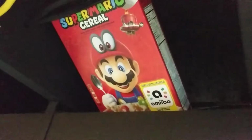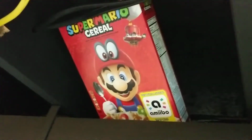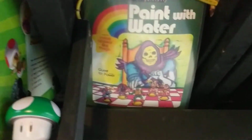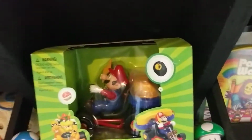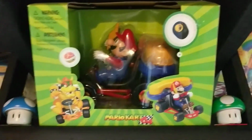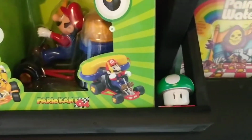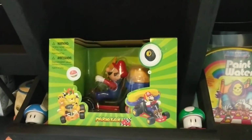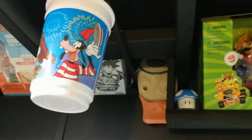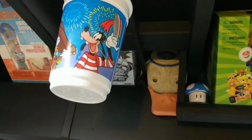And what would be complete without a box of Super Mario cereal? It's an empty box, but a box. We also have up in here a paint with water book of He-Man. Got that at a garage sale for $1, along with this old Mario 64 telephone and just a couple of tin mushrooms on the sides. So when you're down low, you can't see those blocks they're sitting on, you just see the mushrooms. But there's tons of stuff up in the ceiling, but I'm going to go over that more in another time